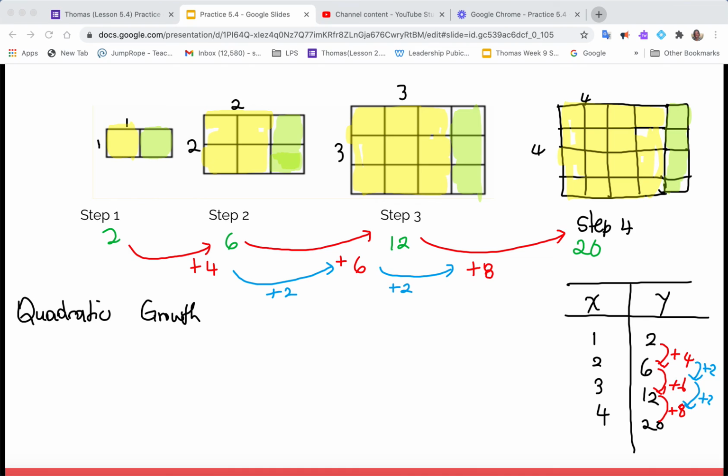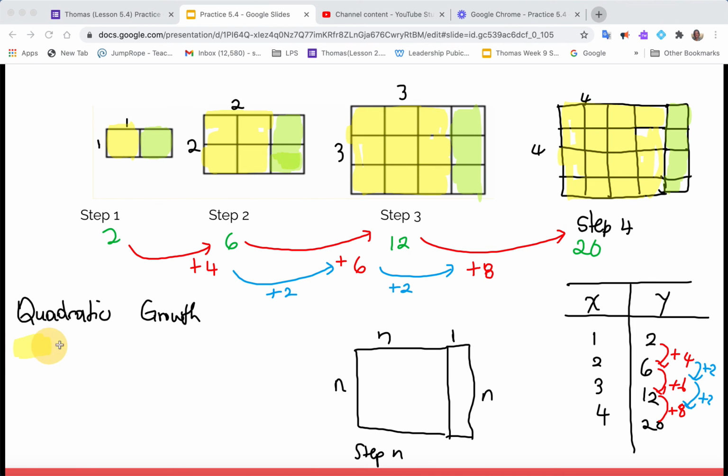So if I were to draw what step n looks like, then what I'm noticing is for step n, I have an n by n square, and then I have one row of n squares. So my total is going to be given by the following expression, where